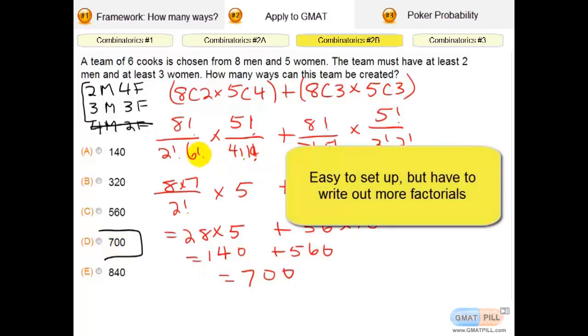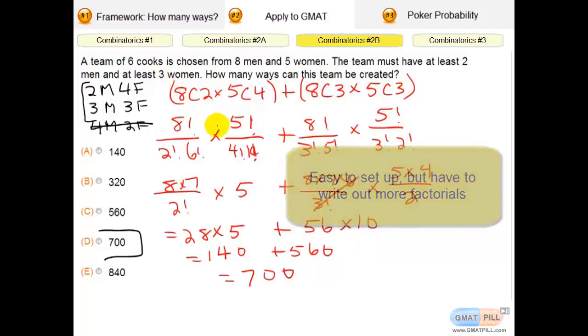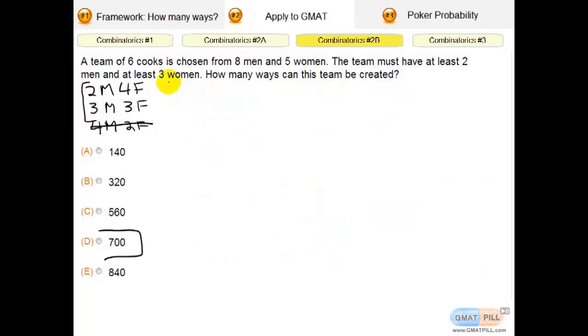This one requires you to do a lot more writing out numbers and canceling things out. It was easier to set up here, but anytime you choose a number that's other than 1 or itself, then the calculations can get a little bit more messy and there's more chances for error. So for those of you who want to have fewer calculations, the method we showed you before is actually more efficient. So as a recap, we saw this question as a probability combinatorics question that has requirements,